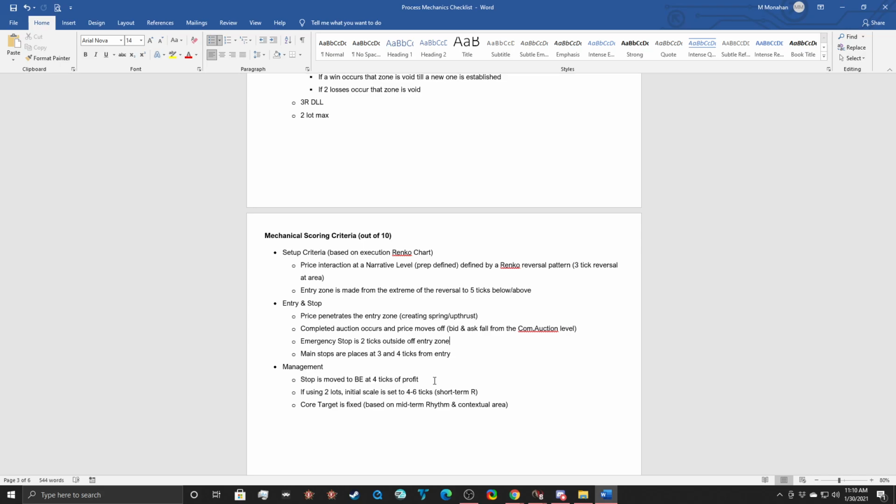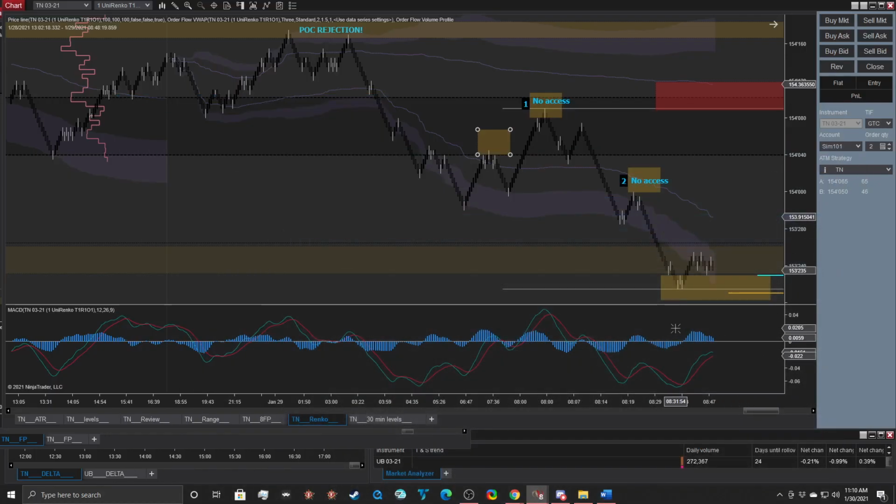And the core target is fixed until the end. And that's pretty much my complete process back and forth. But if you don't really understand exactly what's going on there in terms of the execution, we'll look at a